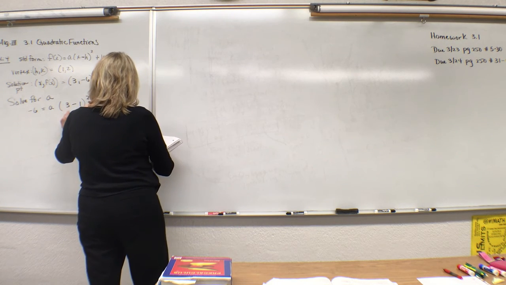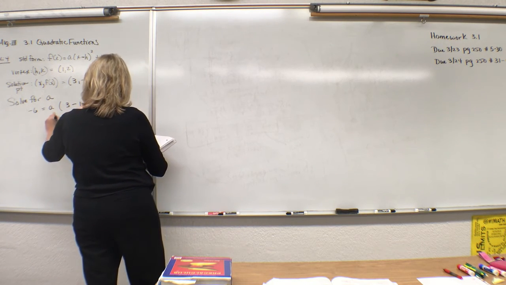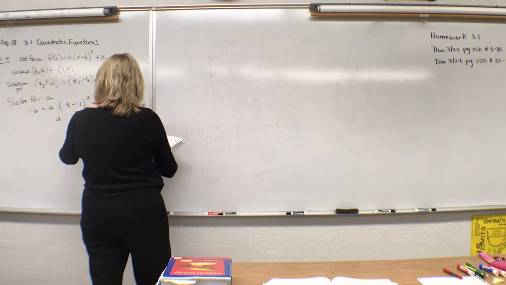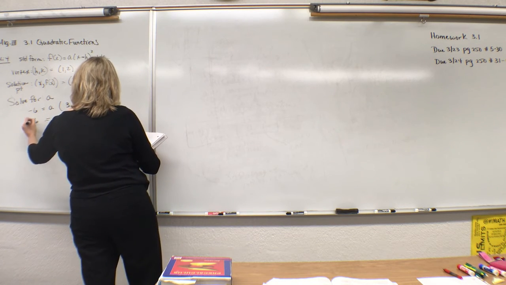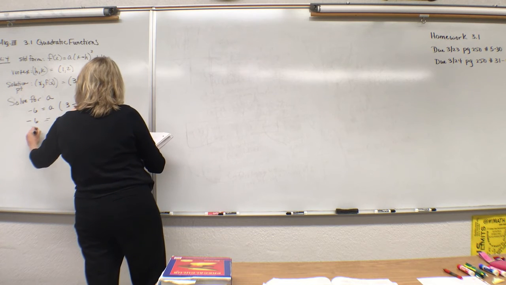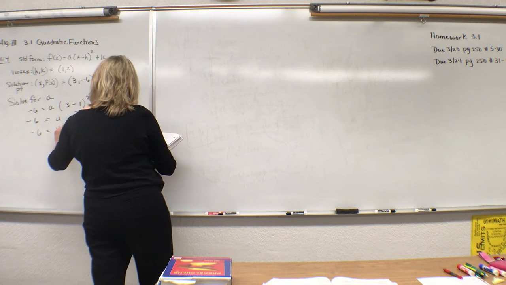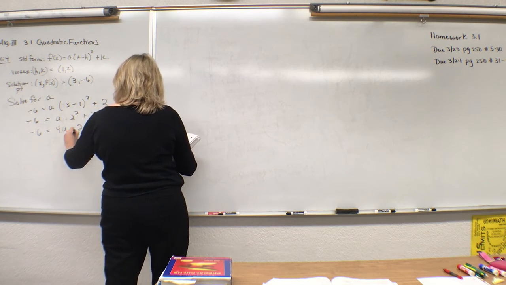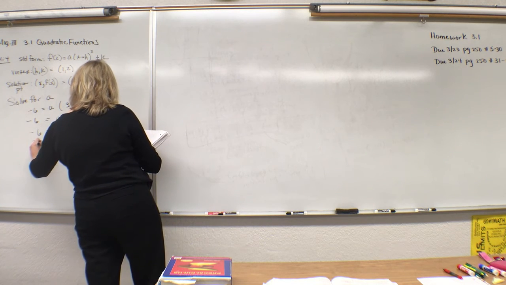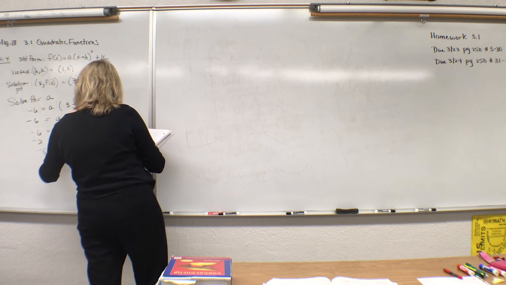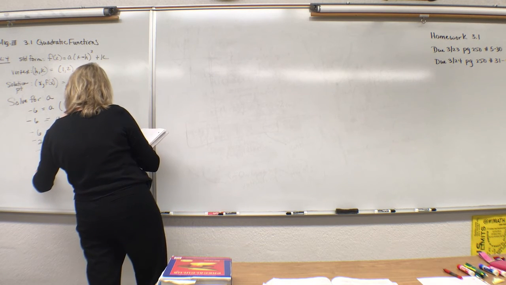Well, 3 minus 1 is 2. Of course, that's squared, times a, plus 2. And this is all going to be equal to negative 6. Now negative 6 is going to equal 4a plus 2. Subtracting 2 from both sides, I'm now at negative 8 equals 4a. Dividing by 4 on both sides, negative 2